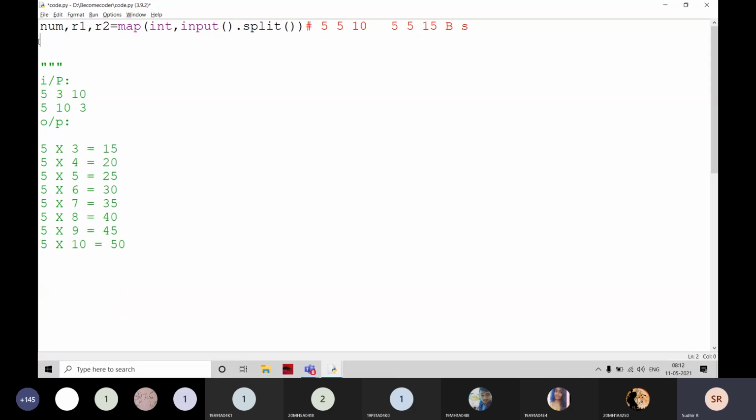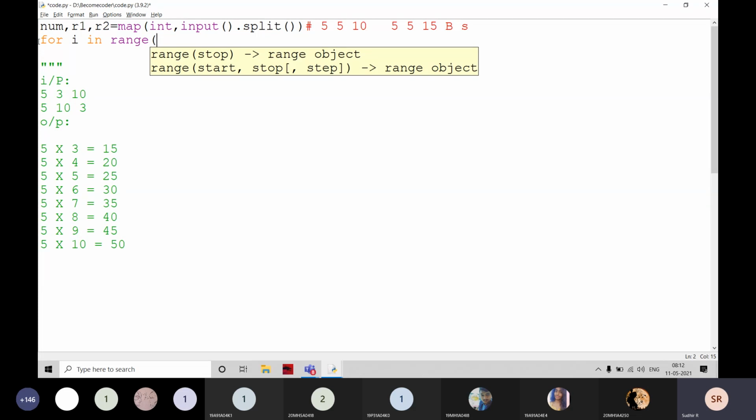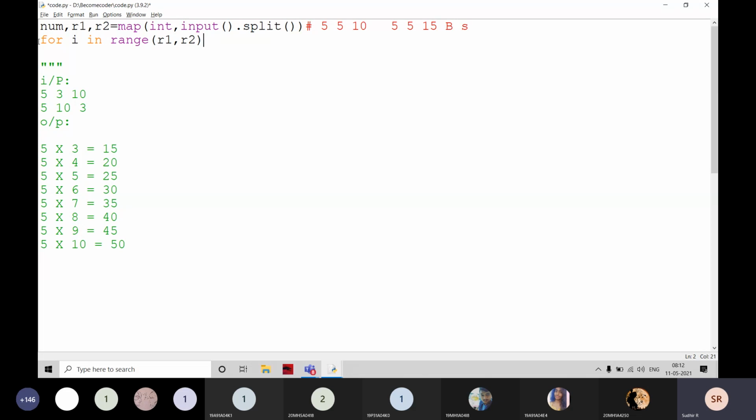Okay, some students are not able to solve it. I am just going to discuss it here. For example, here for i in range, I have to start at R1 and I have to stop at R2 plus 1, right? R2 plus 1.